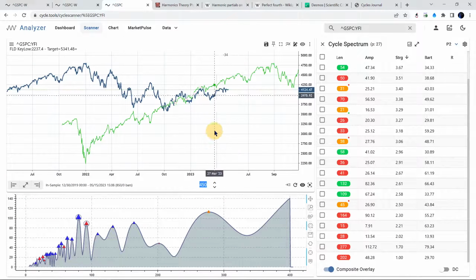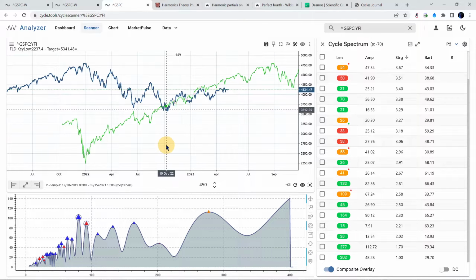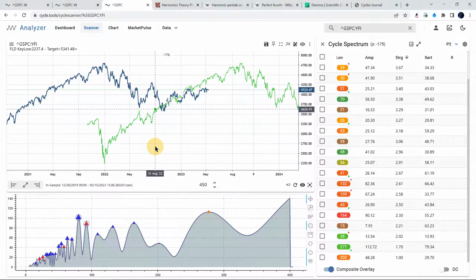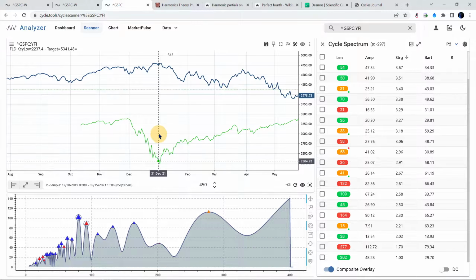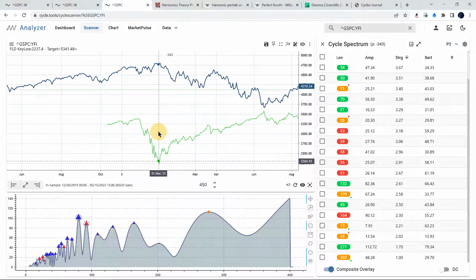I mean, no surprise here. It's not really showing up different here. I shifted the FLD 450 days into the future. That's the equivalent for the 90-week cycle on the weekly chart. And here again, just the beauty. No? The low from 2021 is more or less the perfect match of the top we had at the end of 2021.